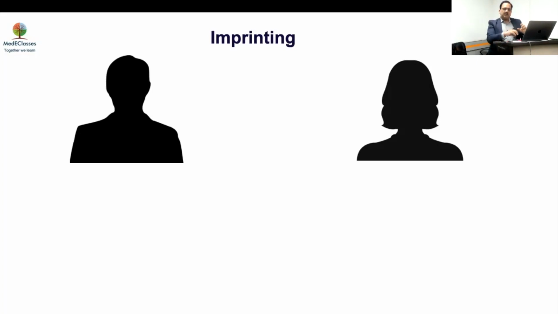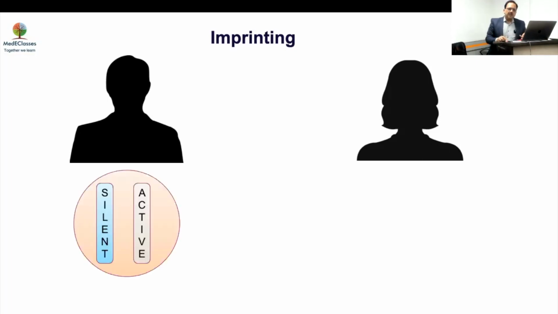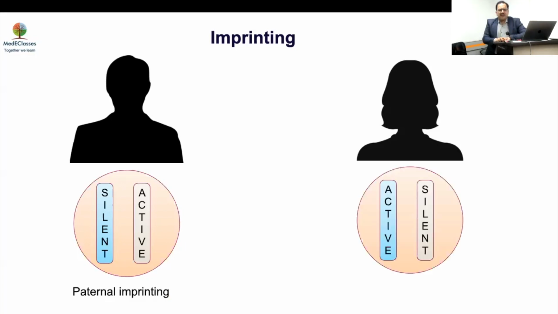In some places, they will switch off the father's gene. Some places, they will switch off the mother's gene. Now, if there is a problem in that, you will then have an epigenetic manifestation. So essentially, there will be some areas in which father's genes are silenced by methylation, by histone modification, or whatever. We discussed the mechanism. And this is known as paternal imprinting, where the father's is silenced. If the mother's is silent, it will be maternal imprinting.